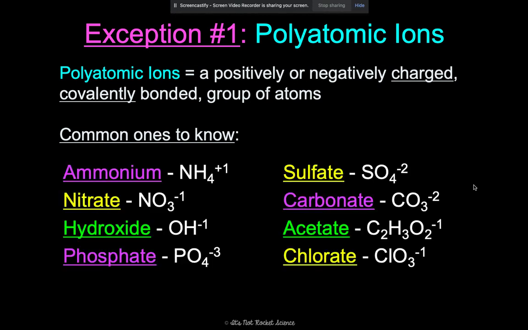So some common ones to know are ammonium, which is NH4 with a +1 charge, nitrate, which is NO3 with a -1, hydroxide, which is OH with a -1, phosphate, which is PO4 with a -3, and then sulfate, SO4, which is a -2, carbonate, CO3, which is a -2, acetate, which is C2H3O2, which is a -1 charge, and then chlorate, which is ClO3